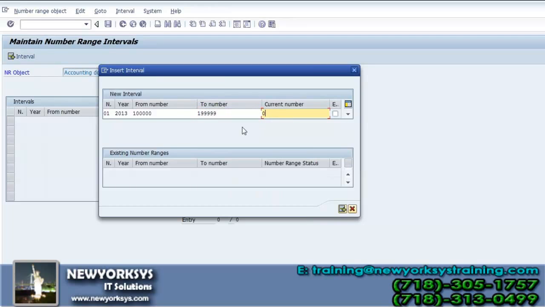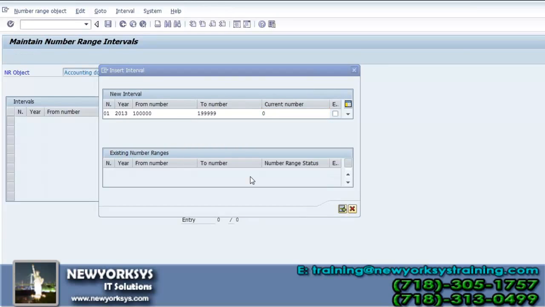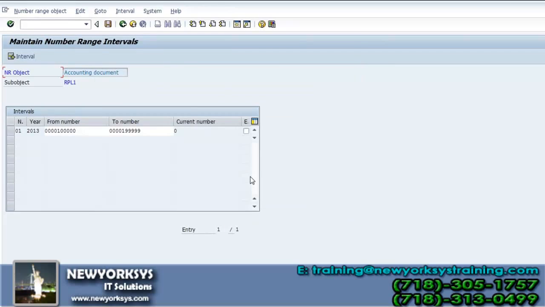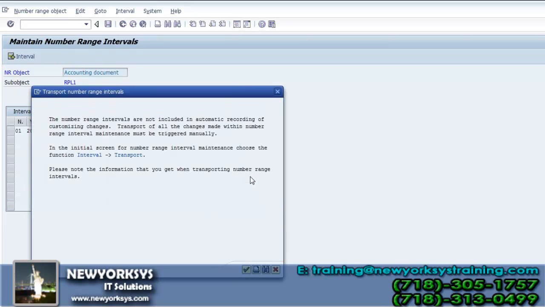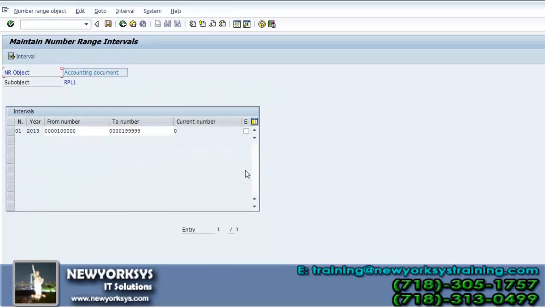The current number is 0 by default. Enter, and save. When you save, you get a message, transport number range intervals. Just ignore this, hit enter, and the data is saved.